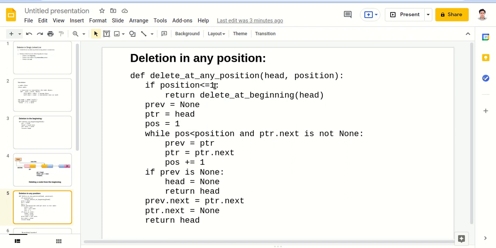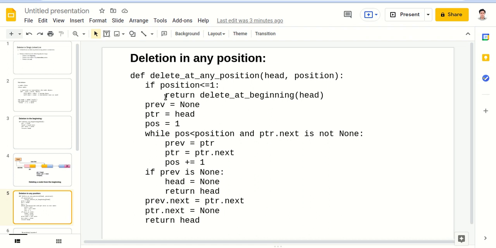Now let's see how to delete at any given position. First we need two parameters, head and the position. If the position is less than or equal to 1, then the delete-at-beginning code will run. We delete the first node from the linked list and return the head.